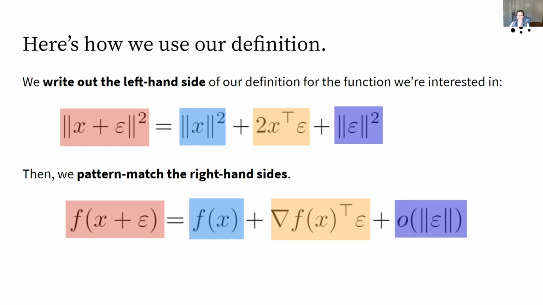But with matrices, that's an important one that you're going to need to watch out for. The other little gotcha is that people often like to just write little o of epsilon without the two straight lines around it that indicate the norm, just as a notational convenience when writing little o stuff. So when you go out there and look for other people using the Fréchet derivative style, you might notice that they do that a little bit differently than what I do here.